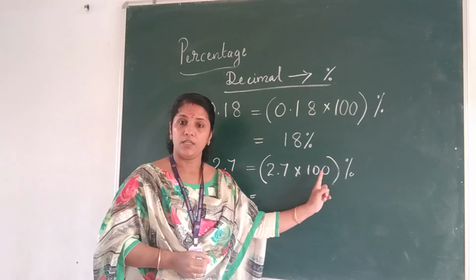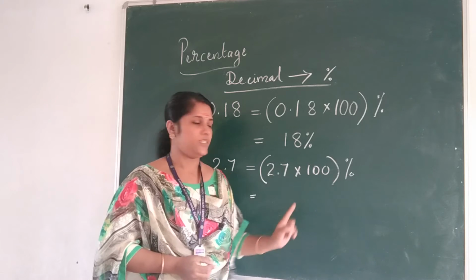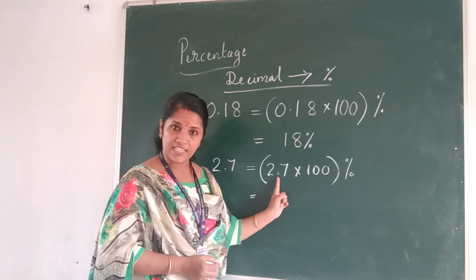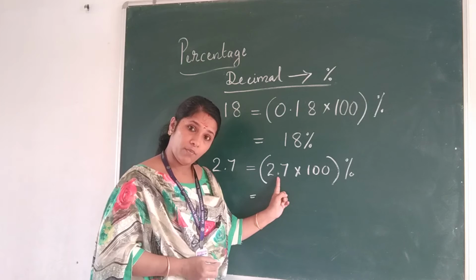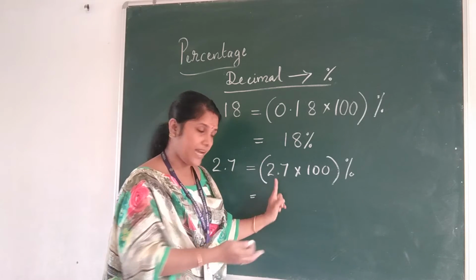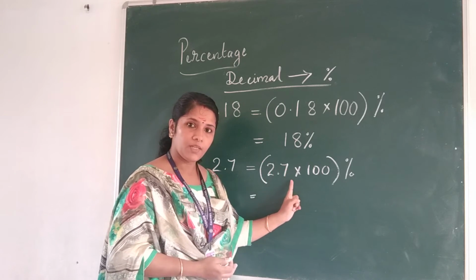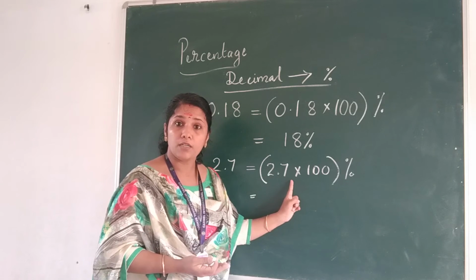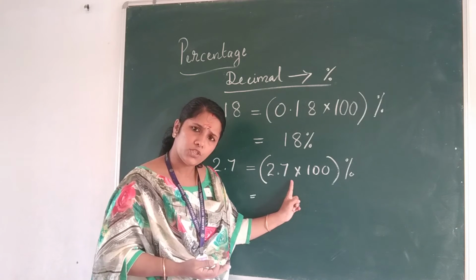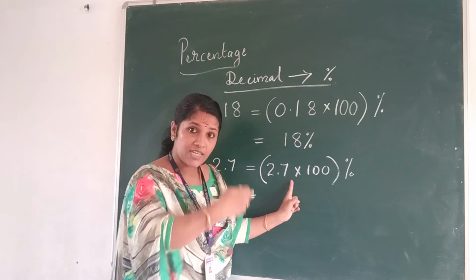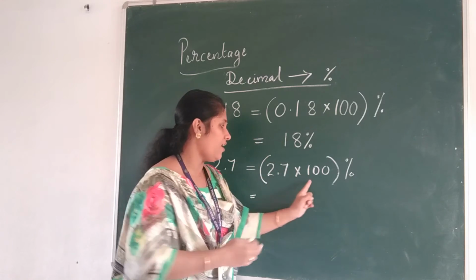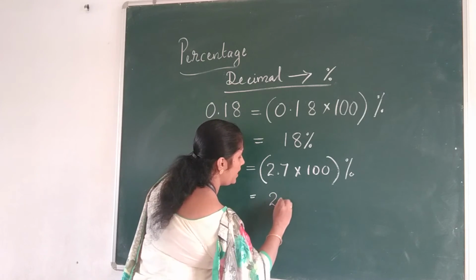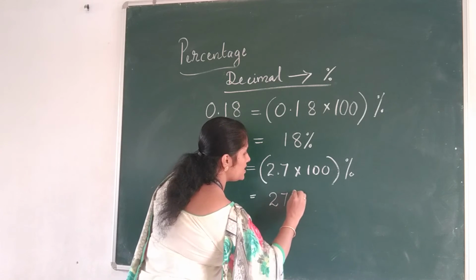Multiplying with 100. 2 zeros. 2 jumps. Starting from the decimal place, we are moving towards the right side. 1 jump, but there is no number to jump, right? So what should we do? We should put 0 there. So the answer will be 2, 7,